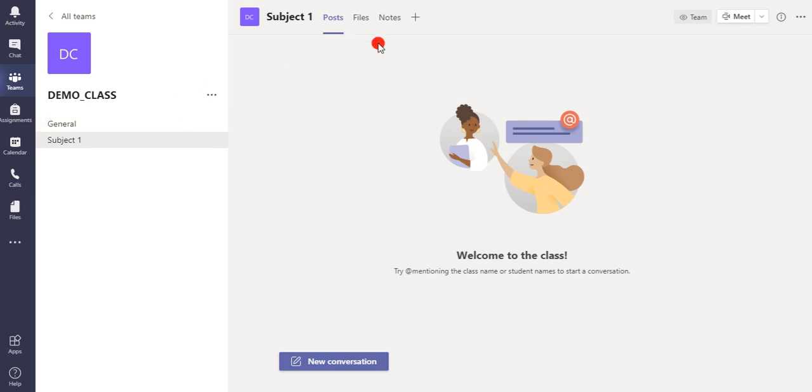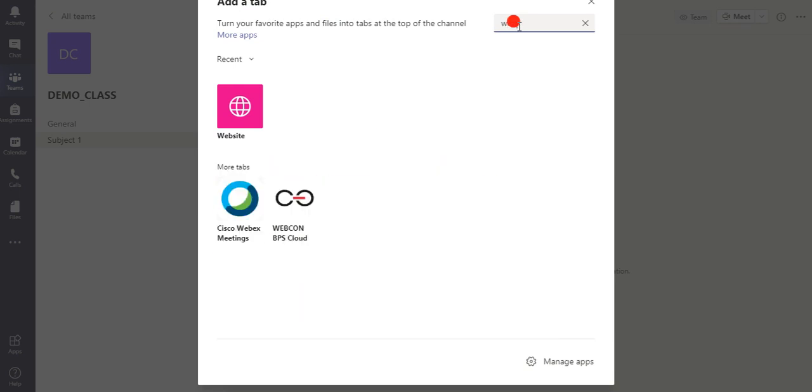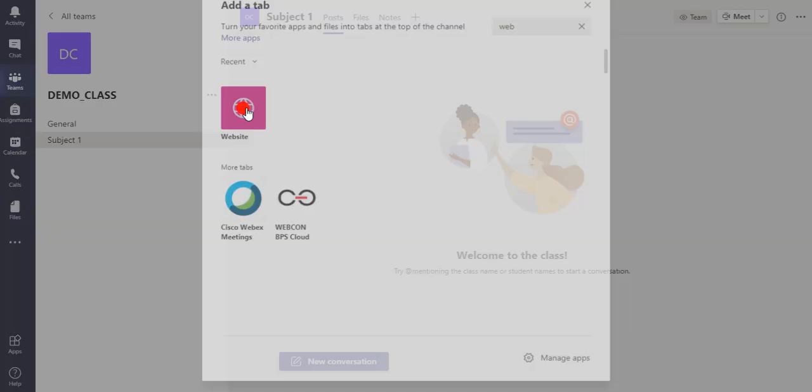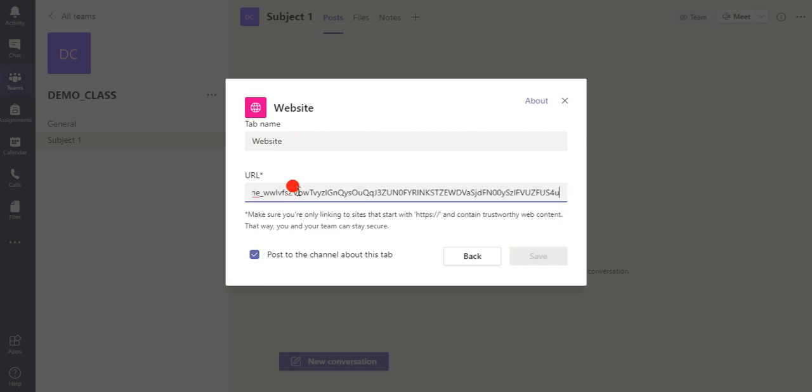To bring that option, whatever you have seen now, you need to go to your channel with respect to your subject, then click on the add a tab, then in the tab search for website. In the website, whatever link you have copied from that Microsoft Form, you need to paste here.